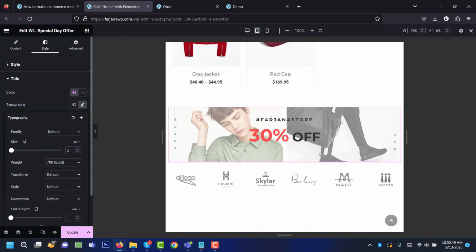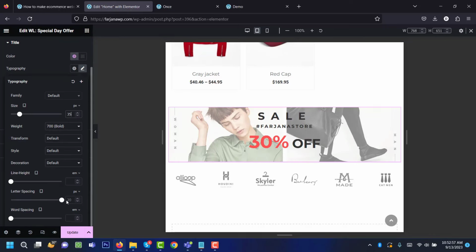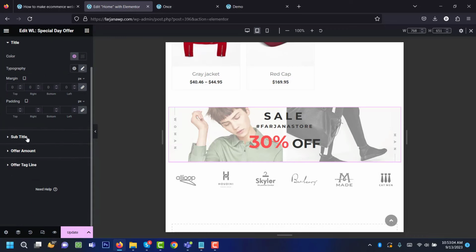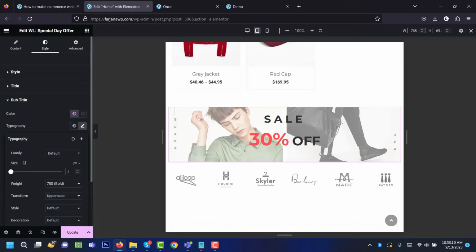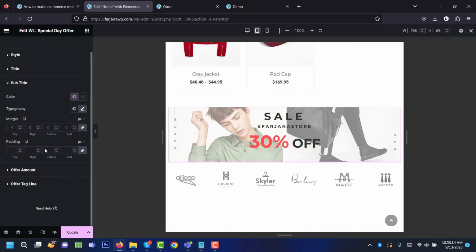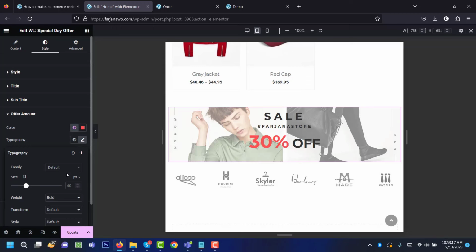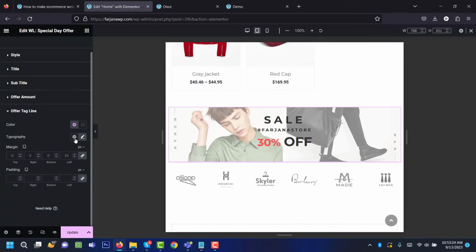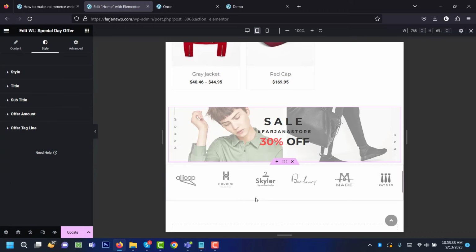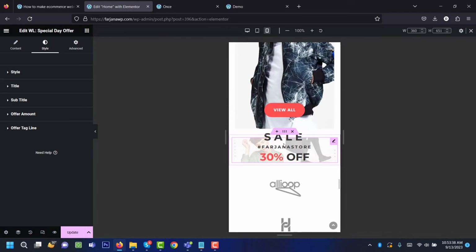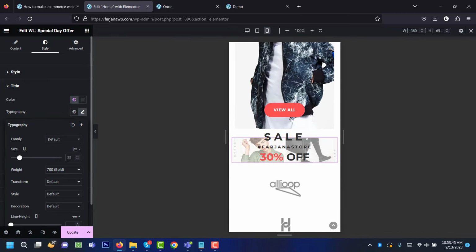to 35, and we can decrease the letter spacing to 10. Also to subtitle, can make it to 14, and the last one also making it to 35, and this one 35. Yeah, looks good. And then going to phone, and again going to title, making the font size to 14,